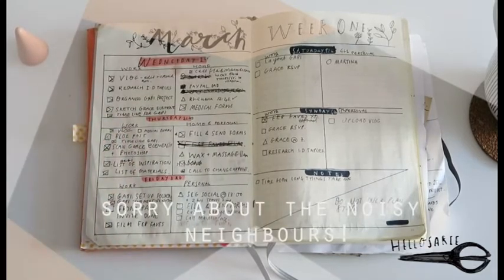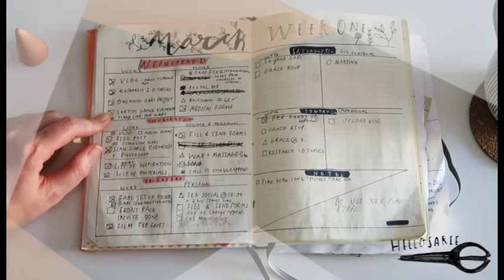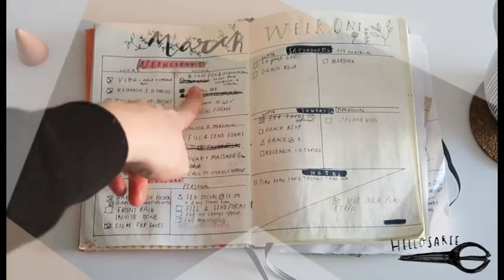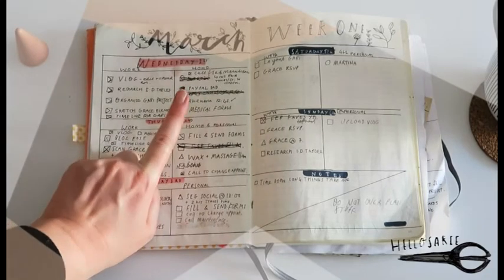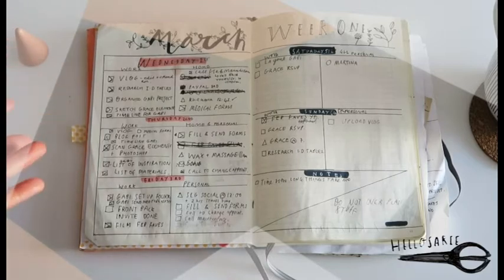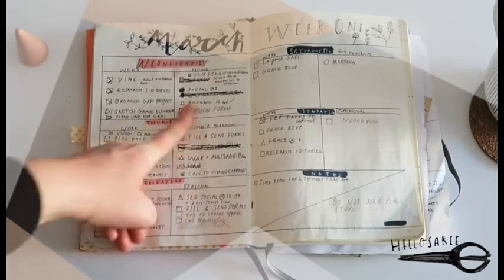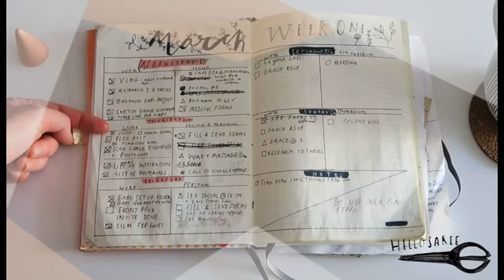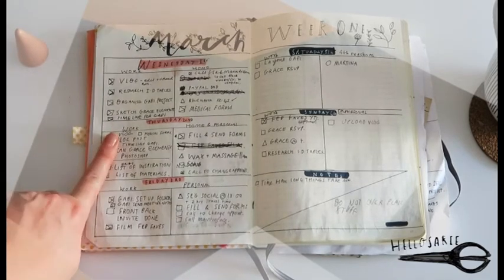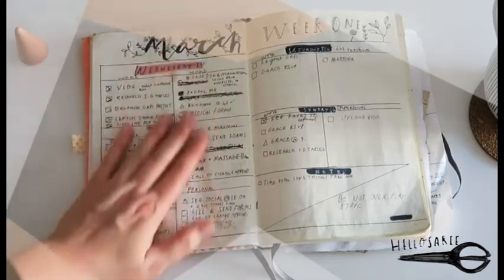I do and I don't like having the work and home or personal, whatever you want to call it, split up, because I feel like obviously you plan loads of stuff for your work but then you don't really take into account how long and what it is for your personal stuff, so getting both done is a bit tricky. So for example, if I have to go for a medical appointment that comes from the personal, that can take up to 4 hours sometimes, so obviously planning like 6 hours of work isn't going to work for me there. So I don't know how I'm going to do that, but I definitely need a task list